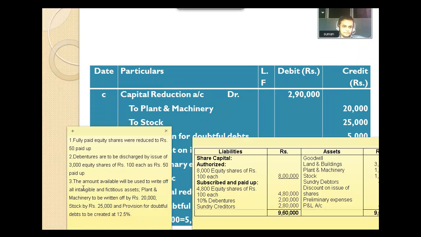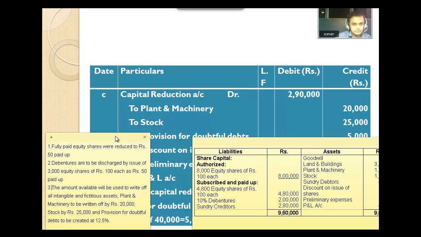The third adjustment is that the amount available will be used to write off all intangible and fictitious assets. Plant and machinery is to be written off by 20,000 and stock should be written off by 25,000. So here we have to create